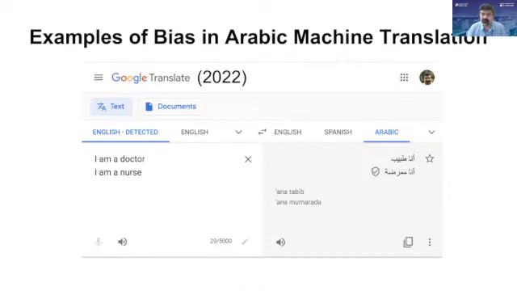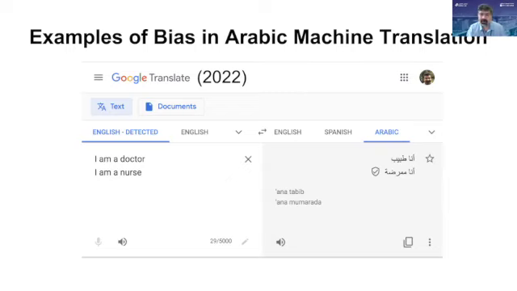Now I'm going to get to the part that I'm going to focus a lot more on today, which is a still-failure in 2022. There is a kind of gender bias in Google Translate and machine translation in general. I should not be picking on Google, but they're really the best to look at in that space.